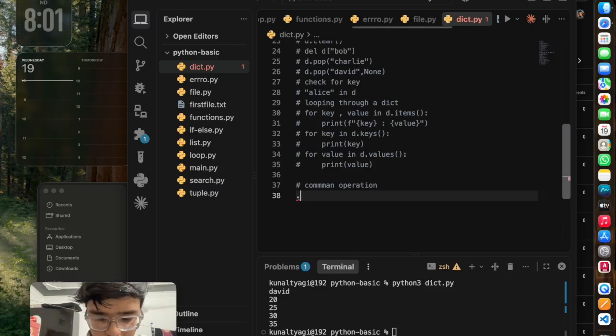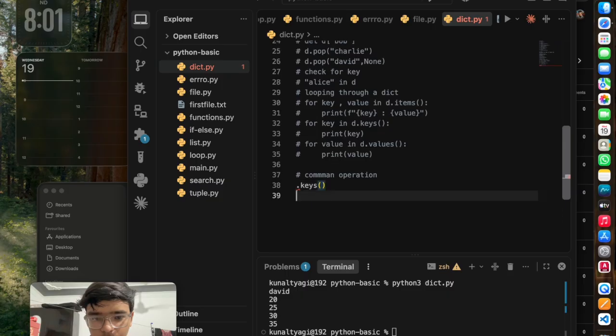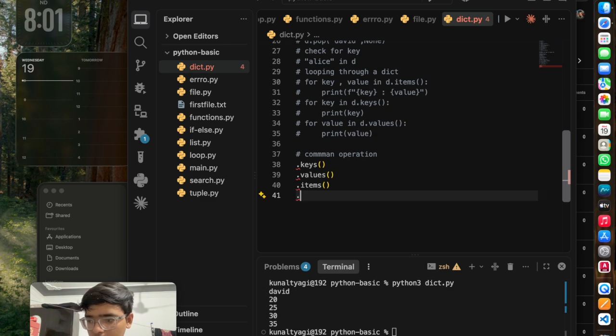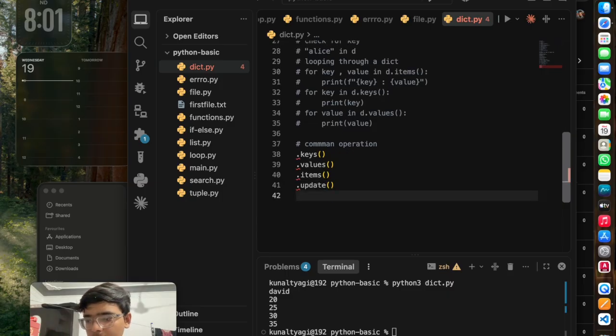So some common operations I already talked about: dot keys, dot values, dot items, dot update is there, and then there's another, which is just the len function. You already know about len, so we don't need to talk about it again. We have already seen these three.